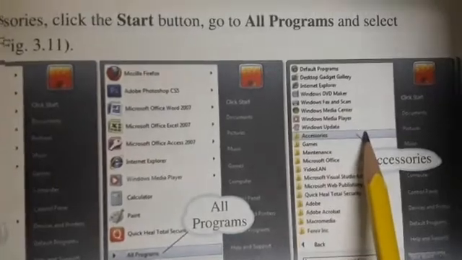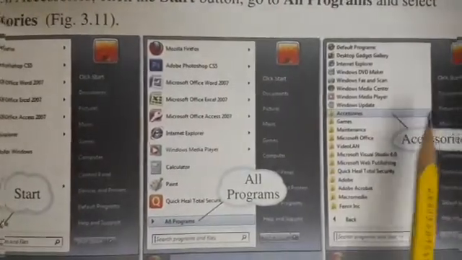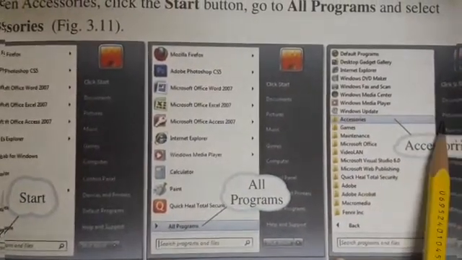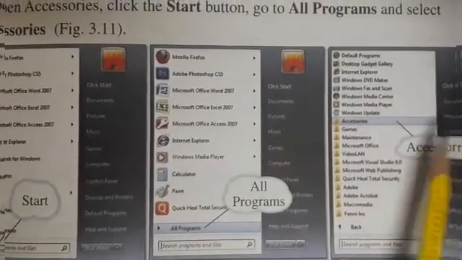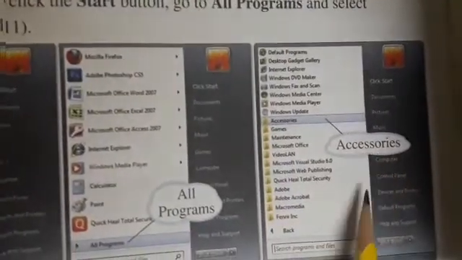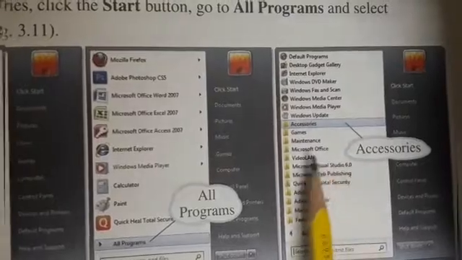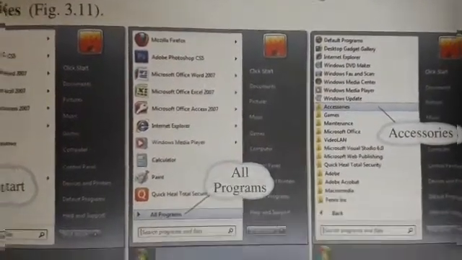You find the accessories, and a variety of programs are found in accessories that can be used for different purposes in our day-to-day life. Students, you have already learned about Paint, and now let's learn to use some more accessories.